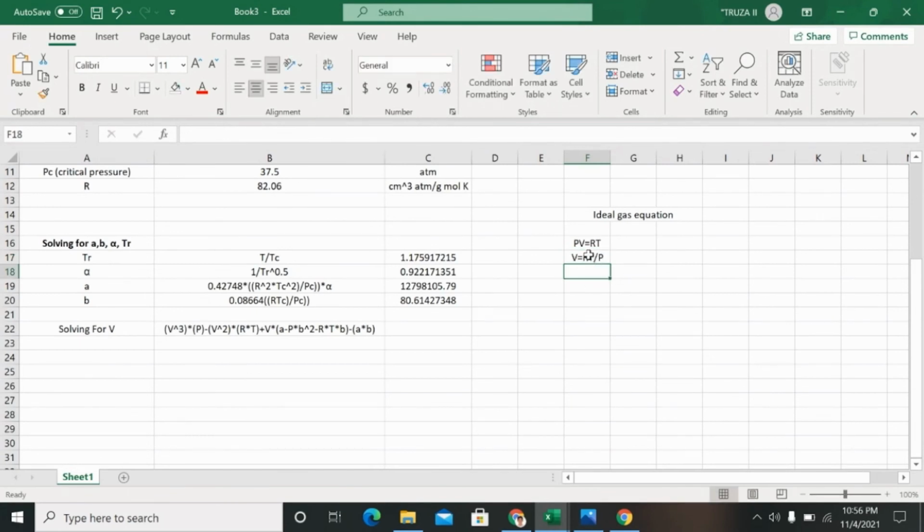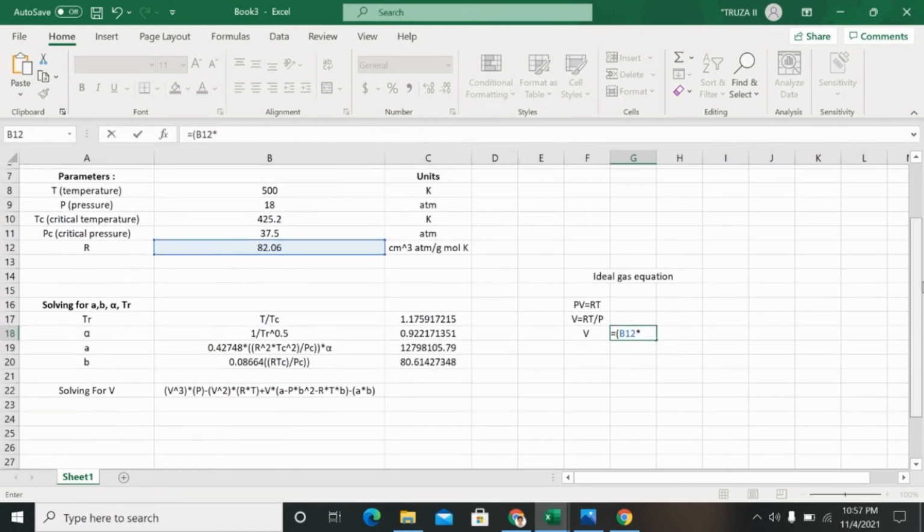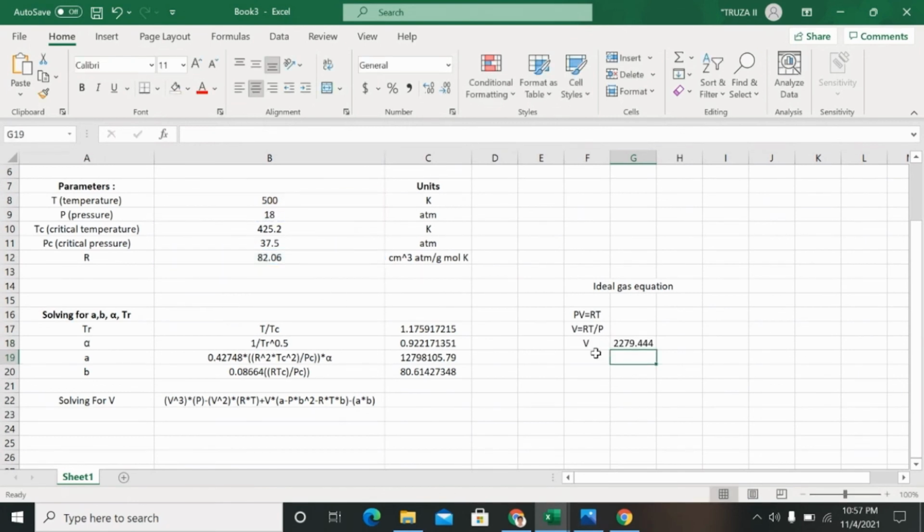Because we know the values of R, the temperature, and the pressure, so we can now solve the initial value of V so that we can solve the final volume or the specific volume V. So RT, we have R, this value, times the temperature, which is 500, all over divided by the pressure, which is 18. So enter, and we have this